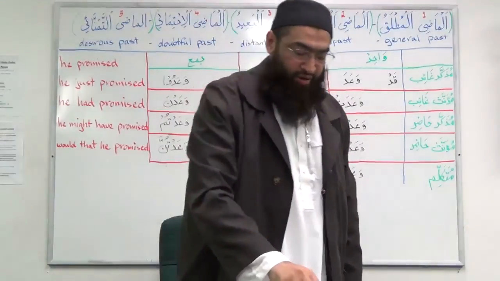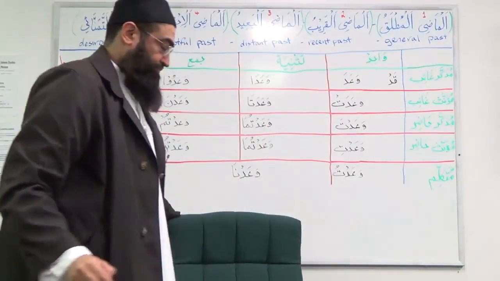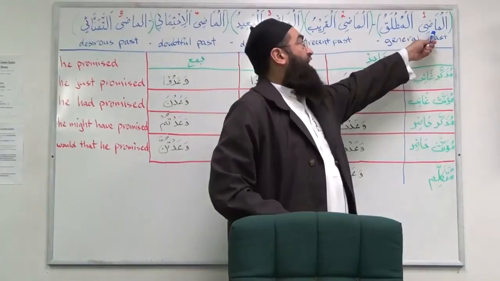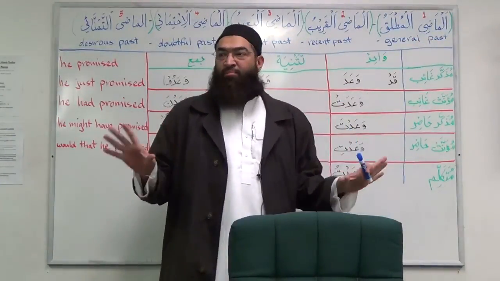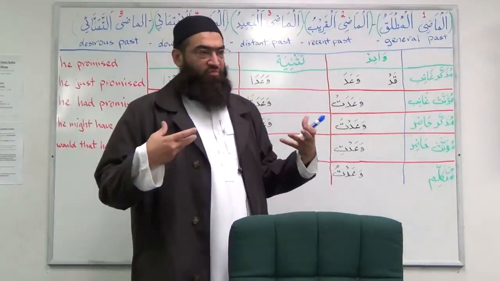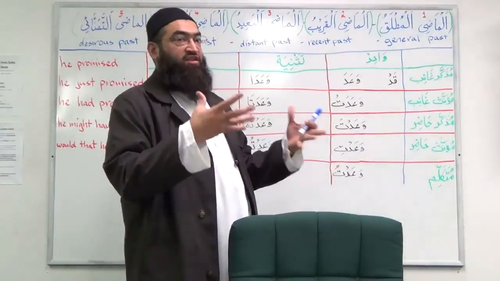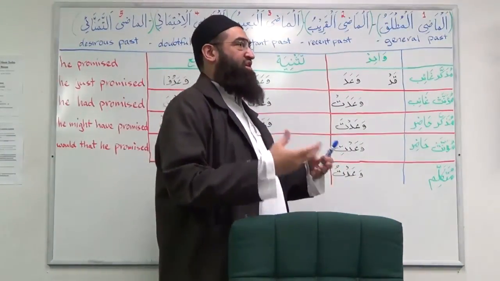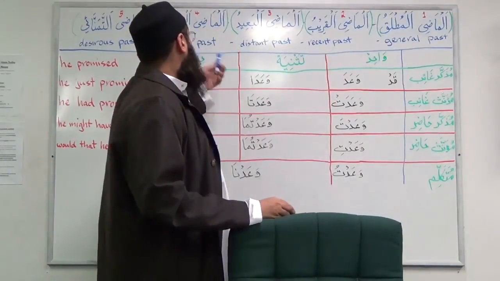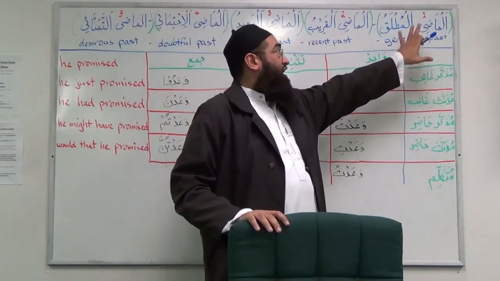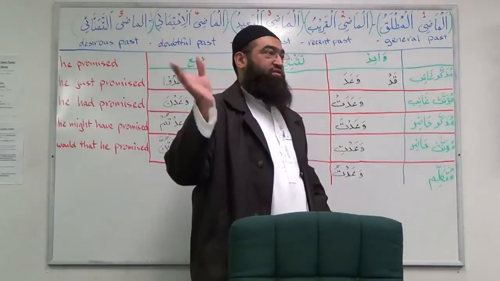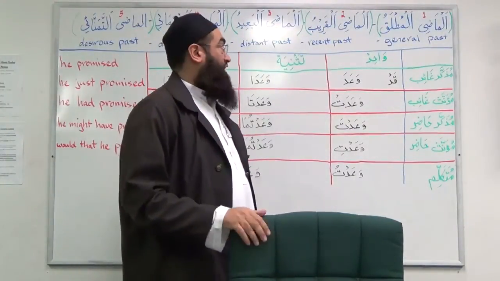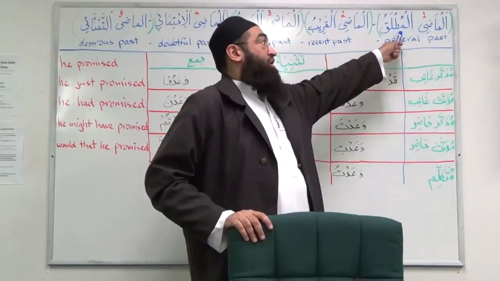So I wrote it on the board. So we will say al-fi'l al-madi mutlaq. Mutlaq means simple, general, without any addition to it. So the general past, it happened in the past. It doesn't have any condition of recent or distant or doubtful or desirous. Just al-madi mutlaq, something happened in the past. Akala, he ate. So it's not mentioned when he ate, distant, recent, whatnot. So that's the first type of madi.